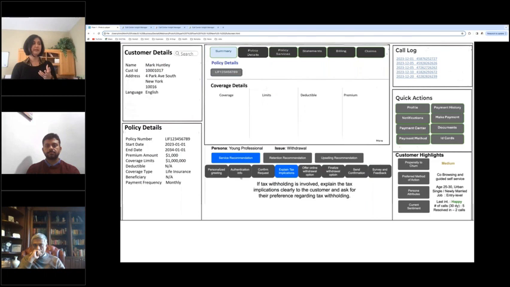So all these 8 tabs that you see are clickable. Each is giving the agent some information about the customer, or some recommendation or some prediction. All these 8 steps are derived from the agent action model. So it is telling that these are the steps that the model thinks should be taken to resolve this particular issue.